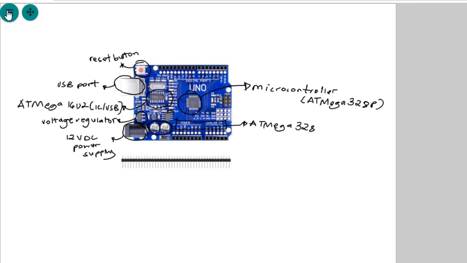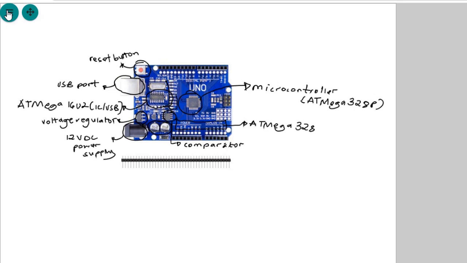Next to the capacitors, we have a comparator. The comparator compares voltage level between the DC voltage input and the USB input. So the output of the comparator is what is used by the microcontroller. Okay, and then from the comparator we have